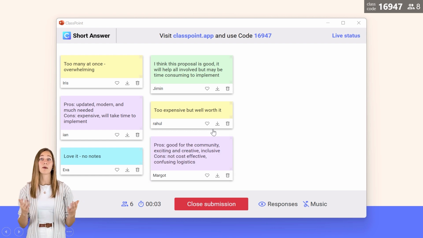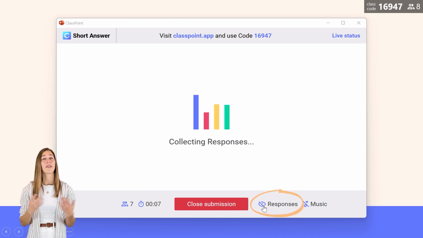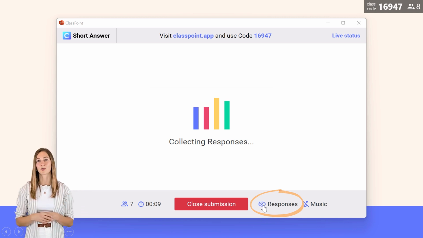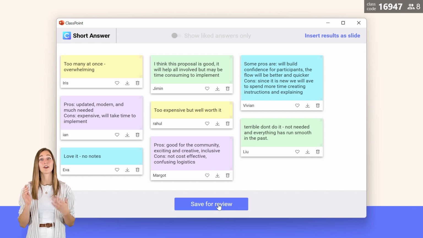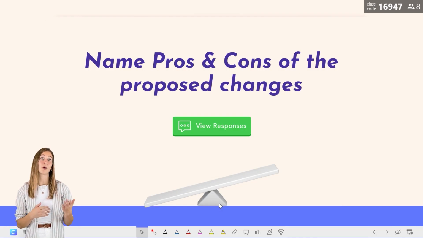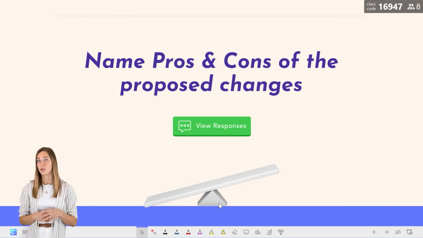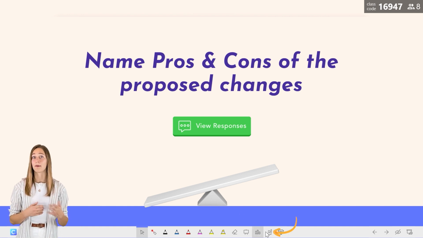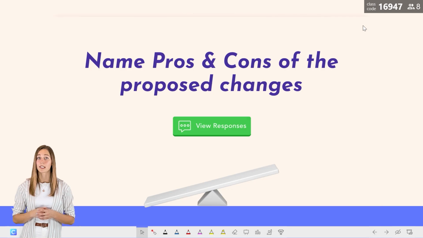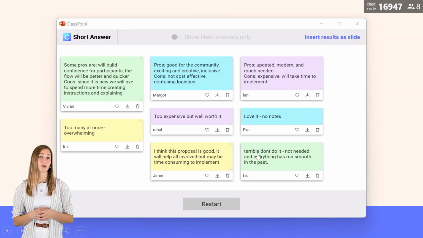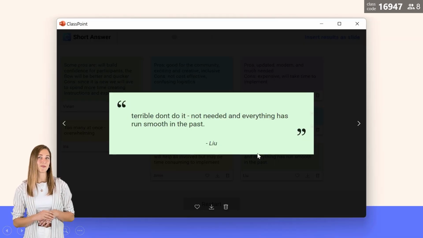If you have a pretty big audience for this meeting, you can go ahead and hide those responses. That way you're not overwhelmed by 100 responses being submitted at once. You can just save those for later, and review and digest them post-meeting. However, if you do have time, you can use the pick a name feature. That way, you can just click on any of the boxes to call on a participant and have them explain their short answer question in a little bit more detail.